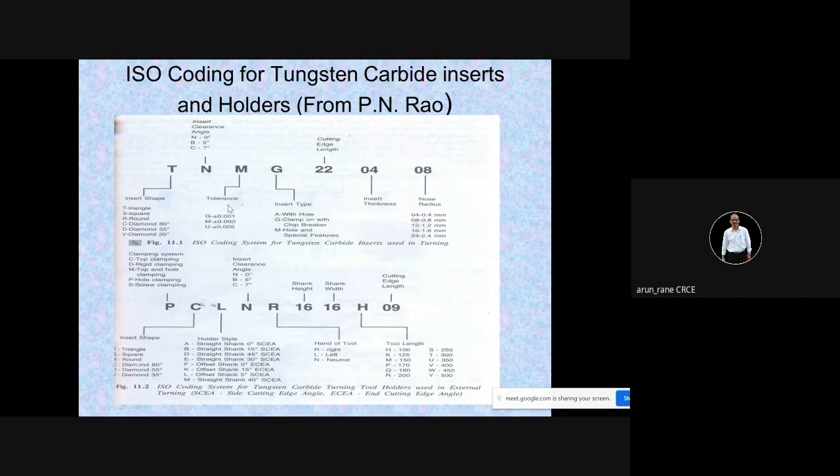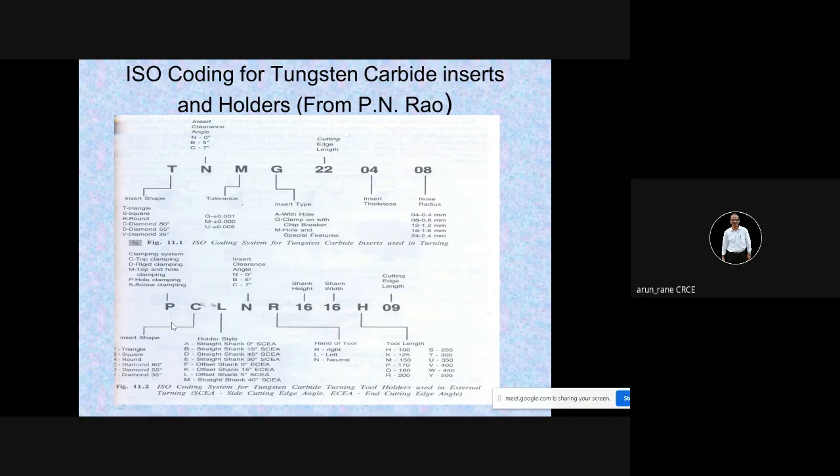Now you are fixing this insert to the holder. So the holders are also standard. The purpose of this nomenclature, also called the coding or ISO nomenclature, is that you can order very easily. Then for bar coding, this nomenclature is important.